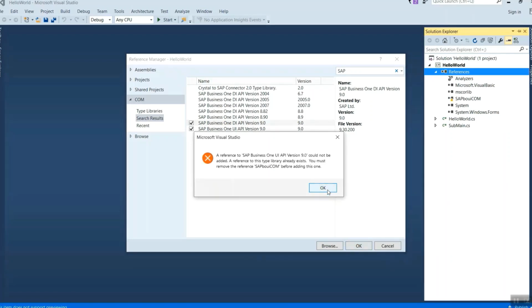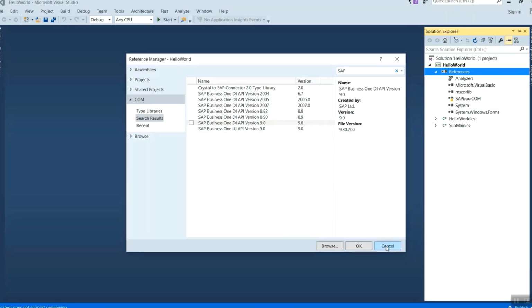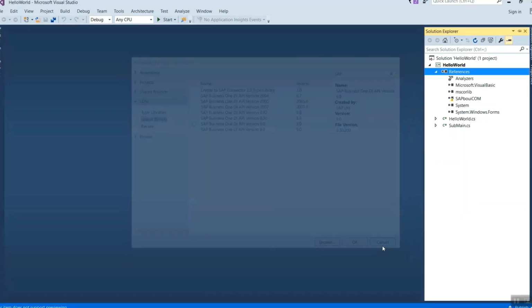I will teach you in depth later, because this is a sample code. You cannot change it here. But when I create my own solution, I will tell you each and everything. I will add the references and tell you more. So forget it. Let me explain the solution. This is the first solution provided by the SAP Business One SDK. Let me explain it first, then I will do it on my own with a new project.